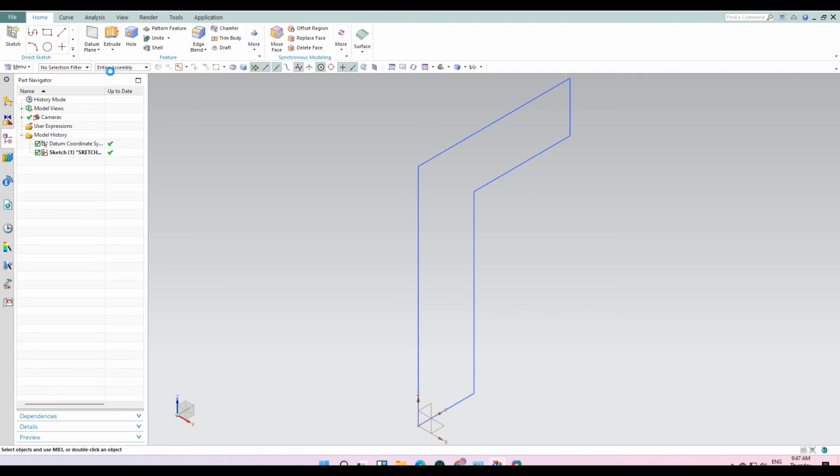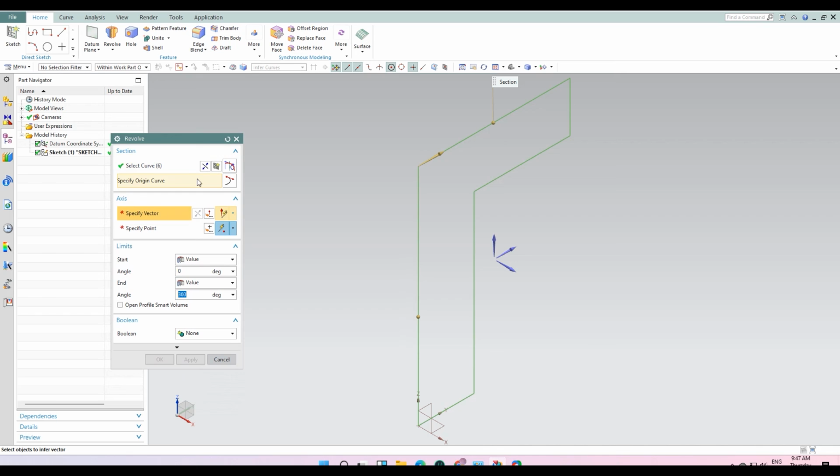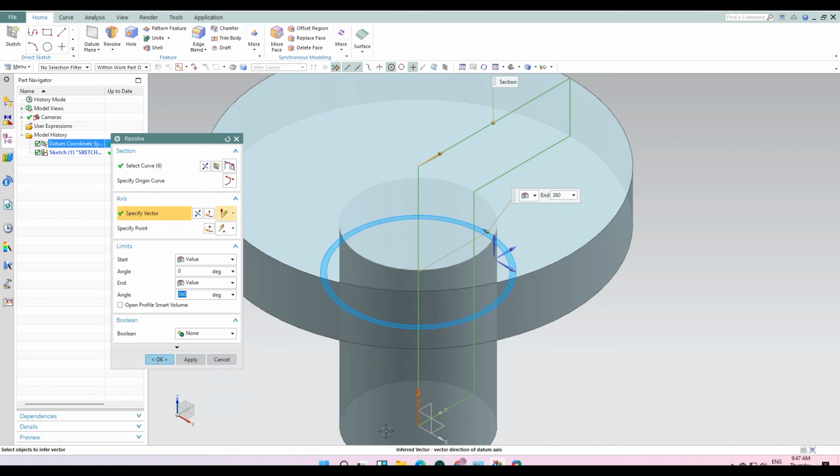Then go to extrude, then click the revolve option. Select the curve first. Specify the vector. Select this angle, then okay, so you can see.